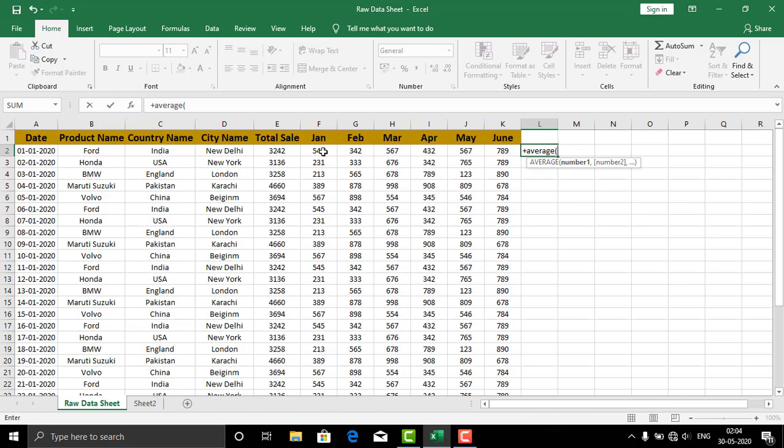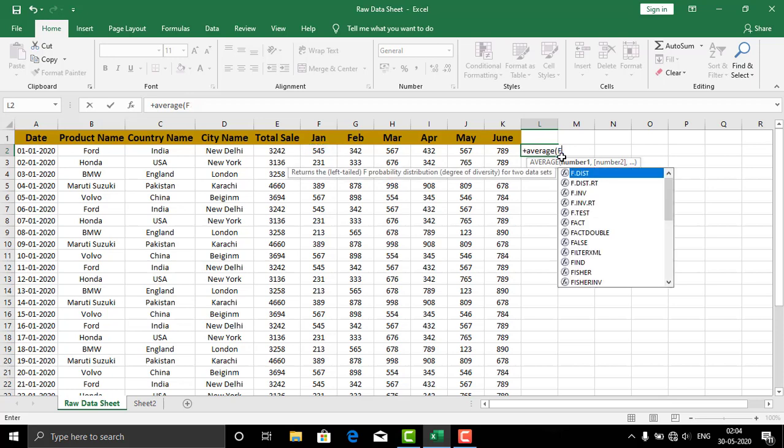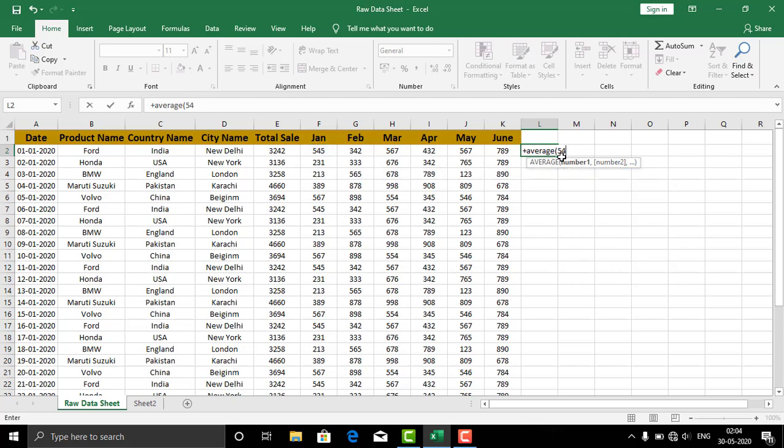January's value is 545, then separated with commas, 342 for February, and for March 567, and close the bracket. The average of the first 3 months is 484.667.